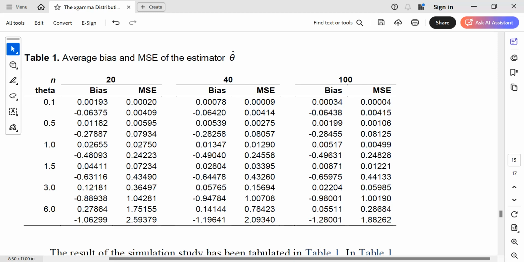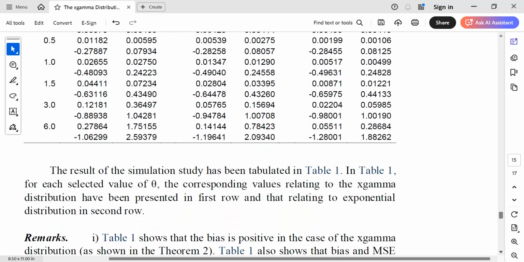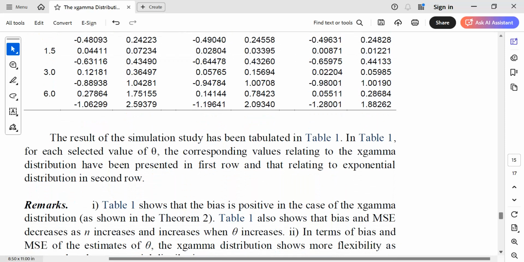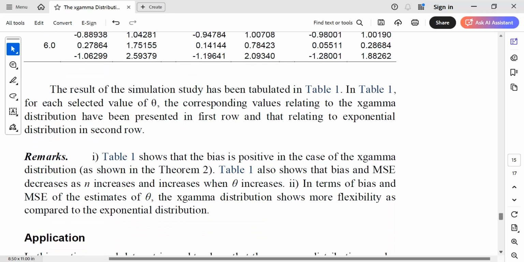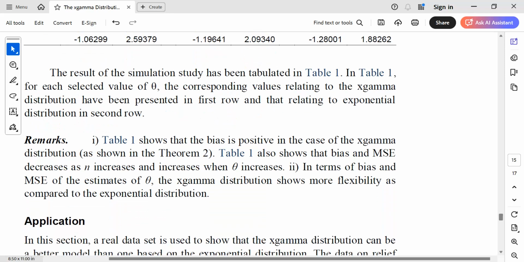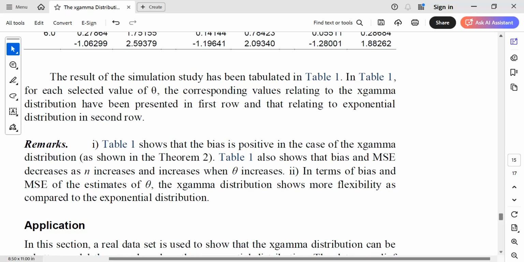Okay. So it could also be that I did not read. Maybe I have to read the first one. It's a long time. Okay, so table 1 shows that the bias and MSE decrease. In terms of bias and MSE, the S gamma shows more flexibility compared to the exponential distribution. I think the exponential is in table 1 for each selected theta. The score related to, okay, so they only work with exponential and